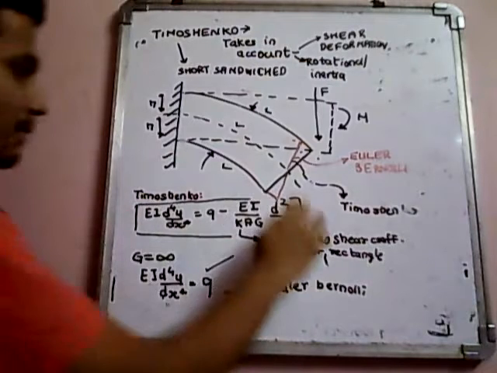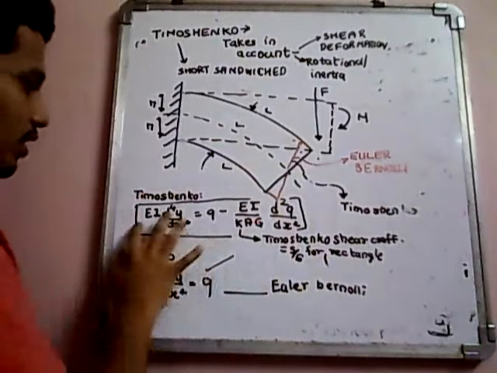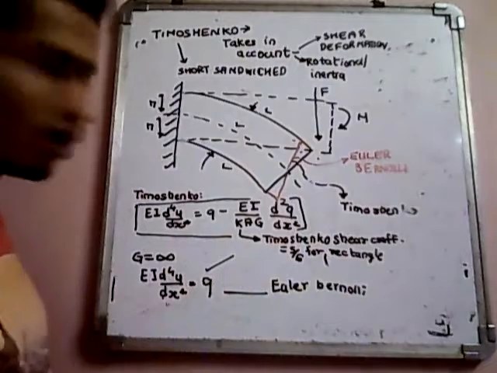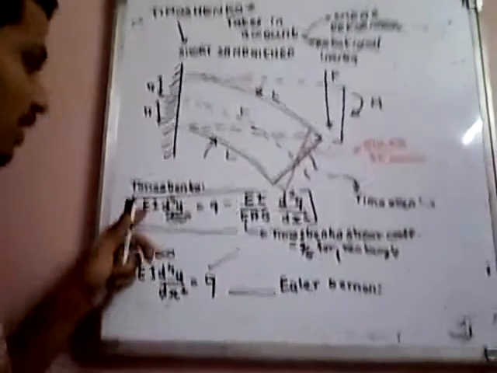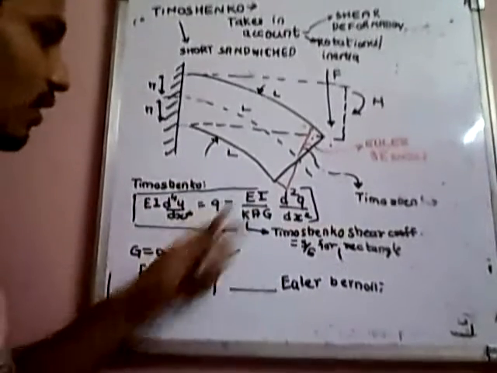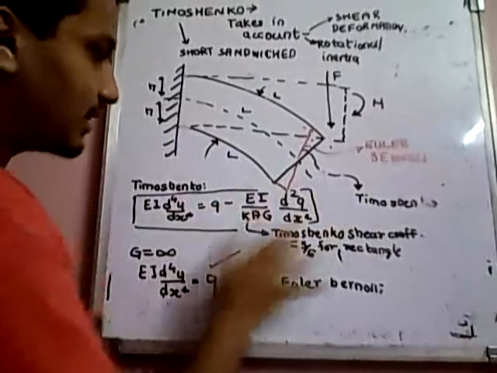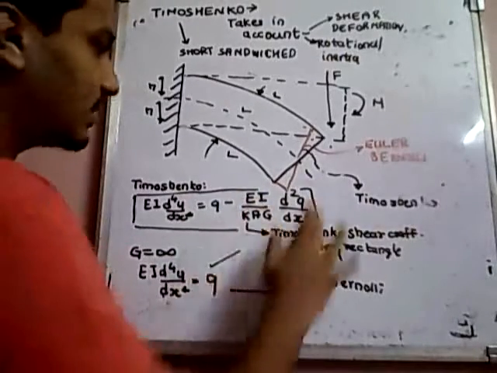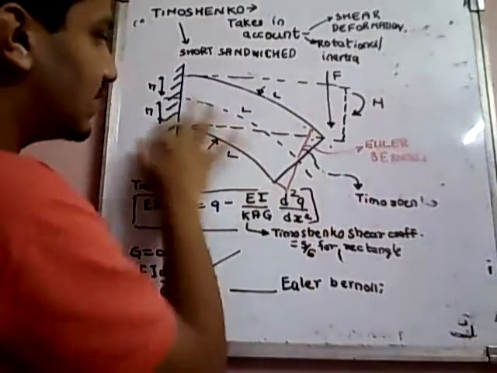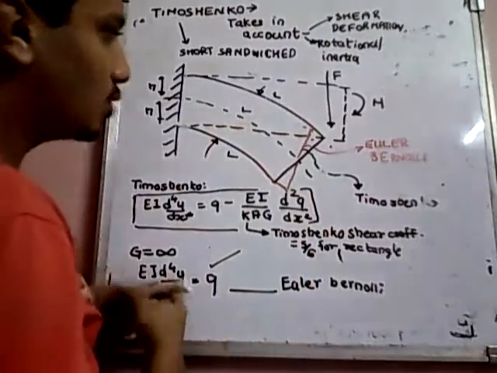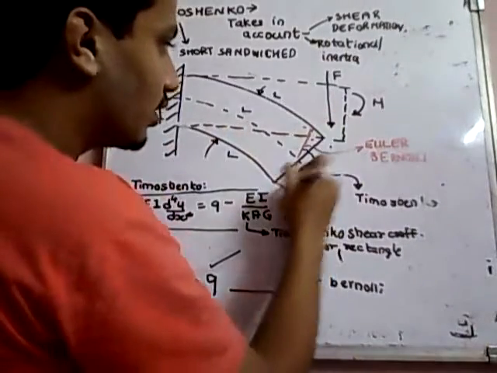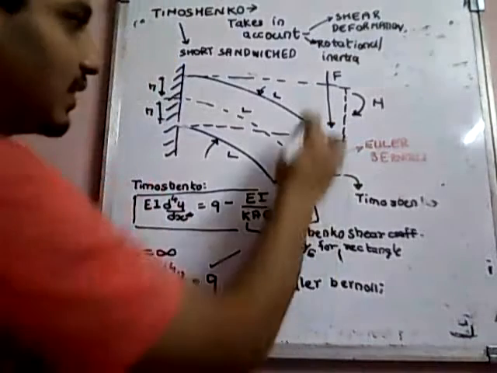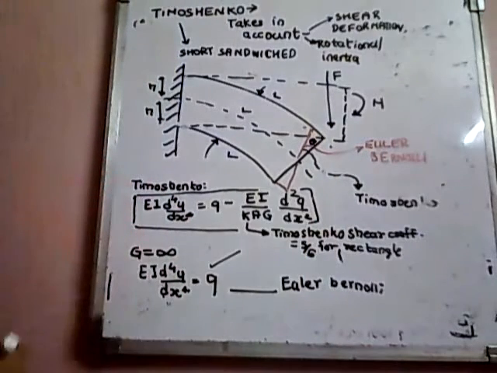So basically, this is the main equation of the Timoshenko theory. You may be familiar with this part, which was covered earlier. This is basically the strain, Young's modulus, moment of inertia, minus this term. This extra term is there in the Timoshenko theory, and this term takes care of the change in the length of the fiber. According to Euler-Bernoulli theory, it is like this. In Timoshenko theory, it's like this. So there is a difference of some angle theta.